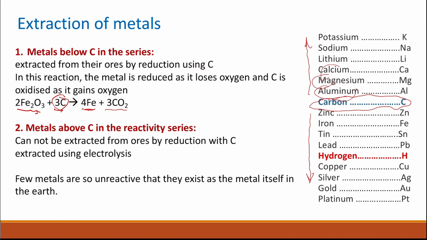A few metals at the bottom of the reactivity series, like gold for example, are non-reactive. So they don't react with oxygen to give metal oxides or ores, but they exist as metals and can be extracted from the earth or mined in their elemental form. Example of these is